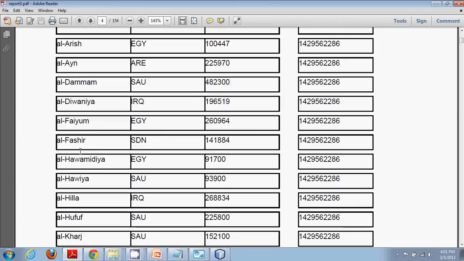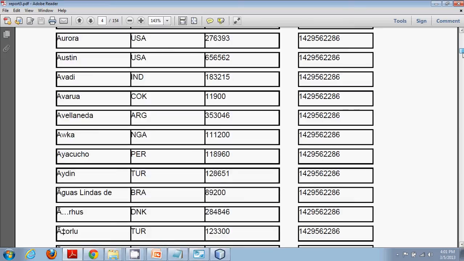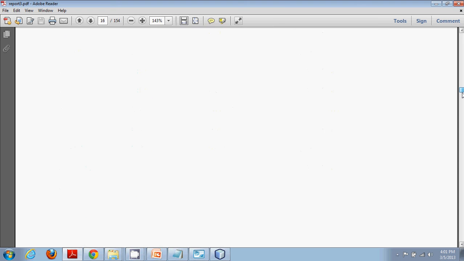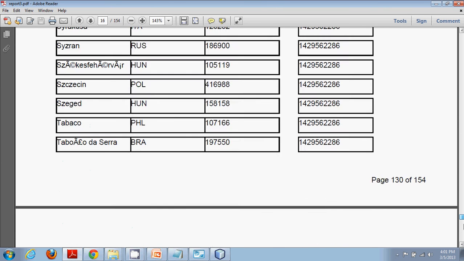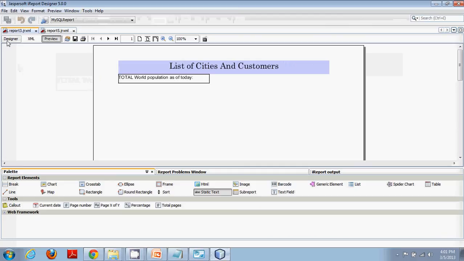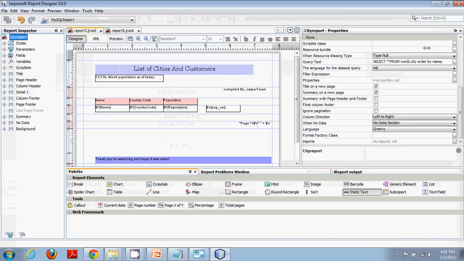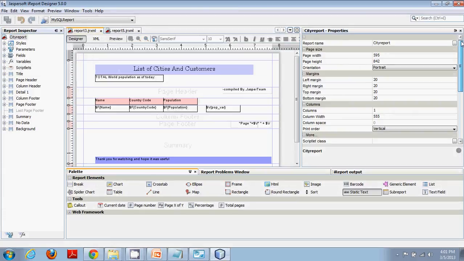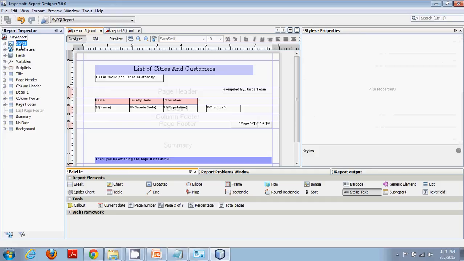Okay, so if there was any word which was way longer, it would have wrapped it if you just set that property, text wrap, and it will just wrap the property. So there's nothing much in this. Similarly, these properties are just for the report as a whole. For each of these bands, you have properties. Okay, so there's nothing for style properties, for parameters, nothing,